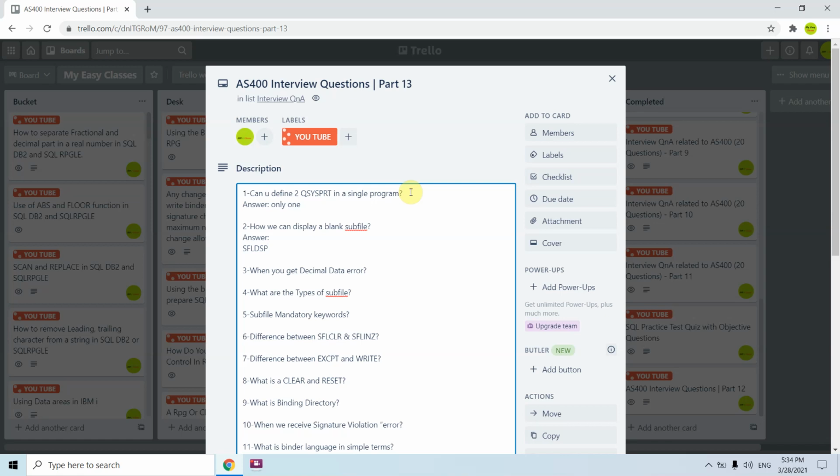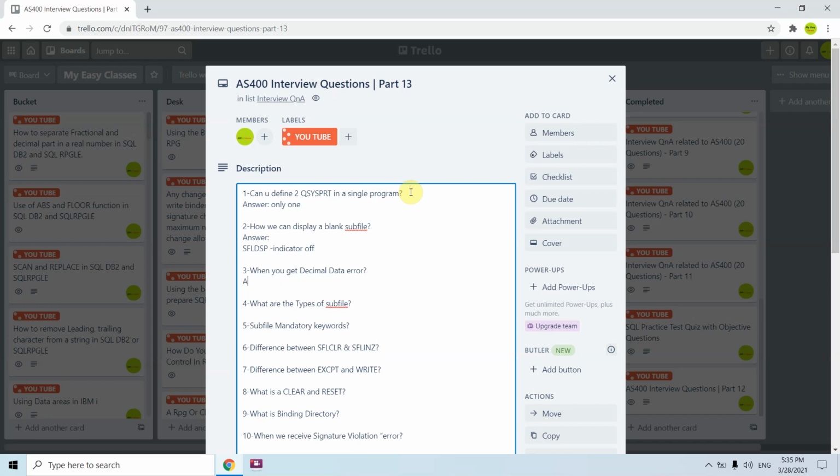That means we have at least one record loaded into the subfile. Only then does the SFL display indicator get on, else you will be getting the device error. If it has no record, then this indicator would be off and you will be loading a blank subfile.